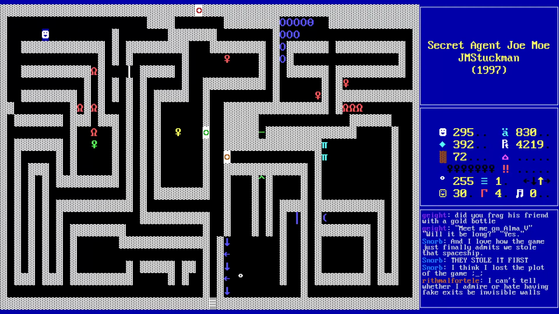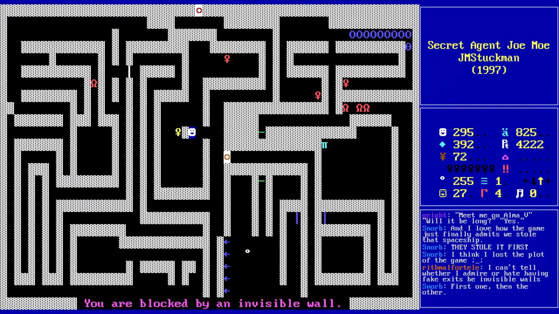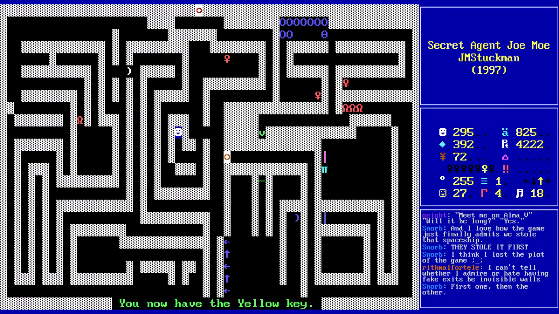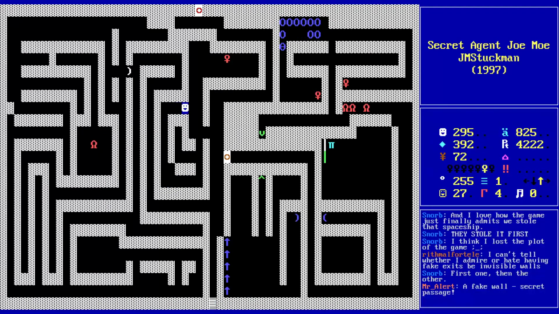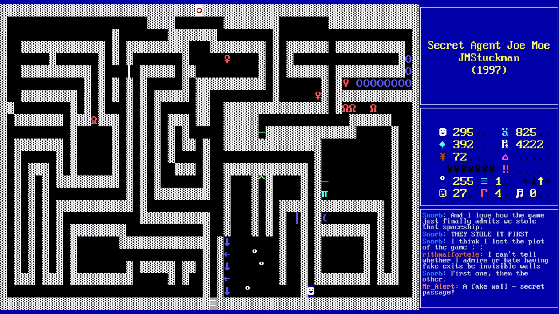If it had fake exits with invisible walls, it's got real exits with fake walls. Also, there are 3 red keys, so 2 of them are fake, just to make this more of a pain. Was that necessary? Okay. So we've got...